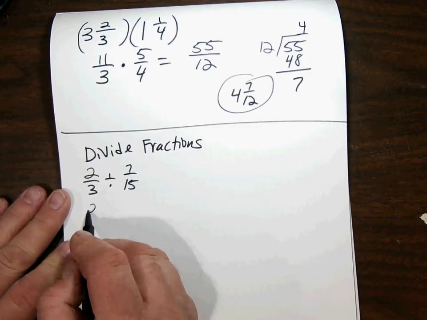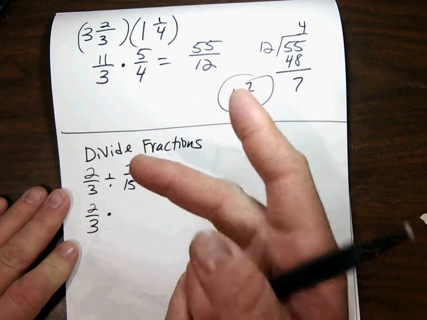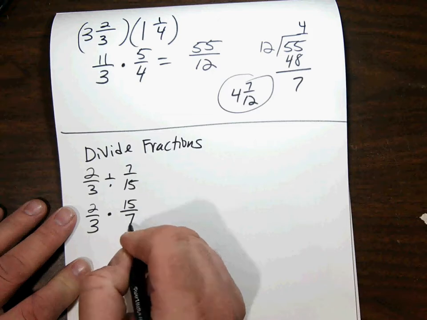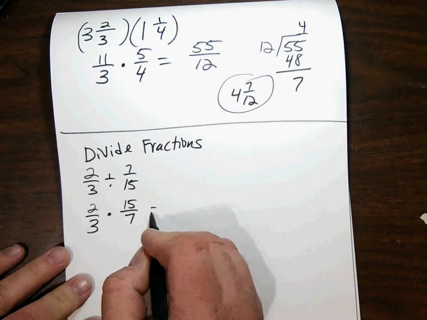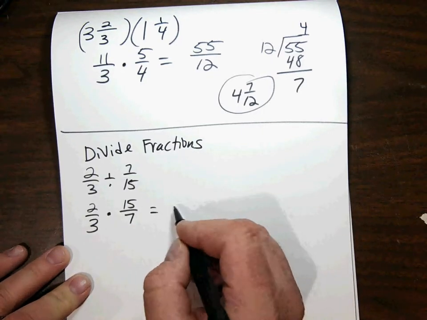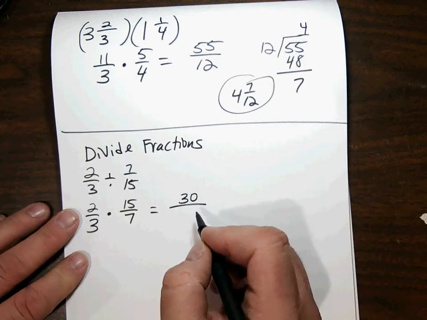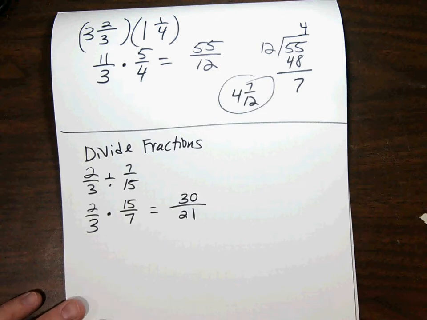we leave the first fraction alone, we change the divide to a times, and we take that second fraction and flip it over. I call it the old flip-flop. Okay, it's technically called the reciprocal, but the old flip-flop sounds better. And now we multiply. Again we have the same kind of consequences, if you will. If we actually multiply it together, we're going to get two bigger numbers that we must then break apart in